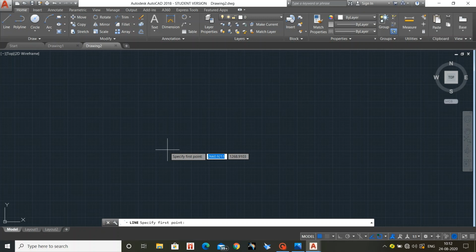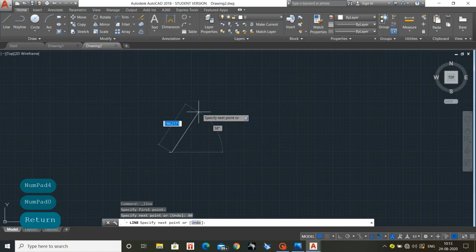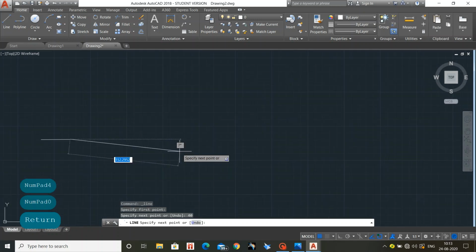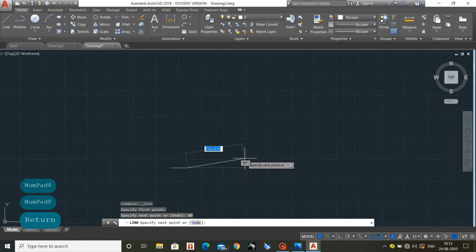So I have taken line. The main important thing for any diagram, for any assembly, for any drawing software, is that you should first analyze the drawing, whatever you take. Where we need to start and where we need to end, where will it be comfortable. The same drawing will be very easy if you draw it from a different scenario. So first you need to select the start point. I have started at the left bottom corner. First the line is 40.